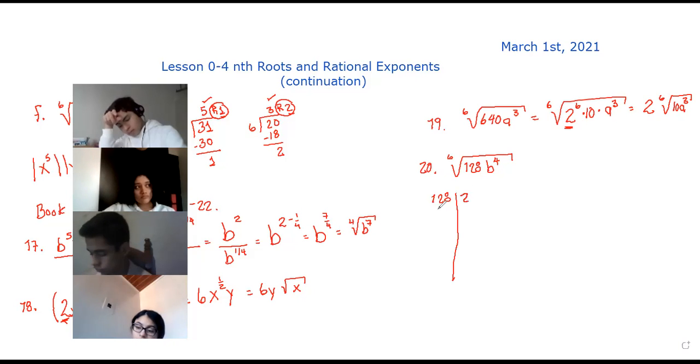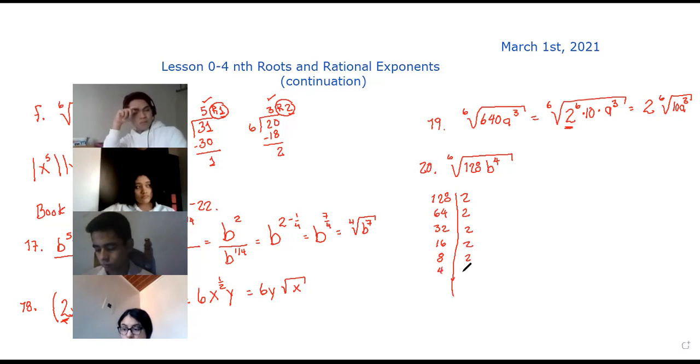Divided by 2 is 64. Divided by 2 is 32. Divided by 2 will give me 16. Divided by 2 is 8. Divided by 2 is 4. Divided by 2 is 2. And by 2 is 1. 1, 2, 3, 4, 5, 6, 7. So that means that I can rewrite this as